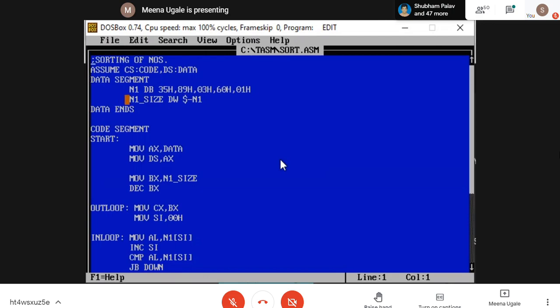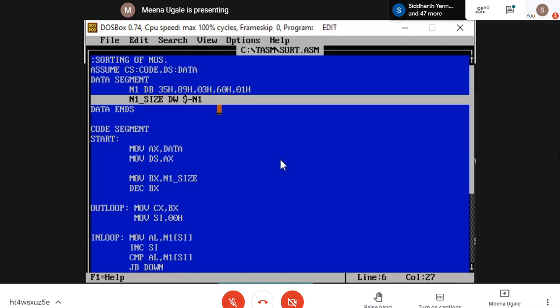Just see here one more different way of declaration I have shown here in the data segment. N1 size variable. I don't know what is the size of number of elements which are declared here. Right now it is 5 because we are counting it 1, 2, 3, 4, 5.